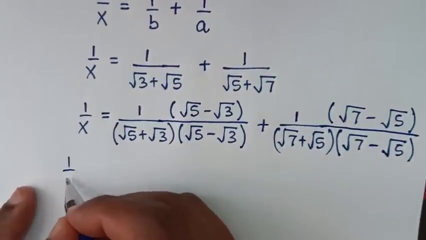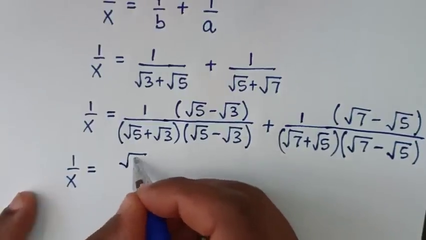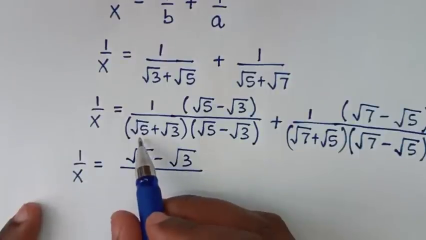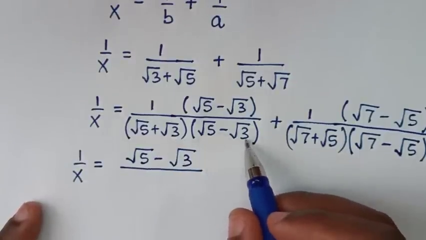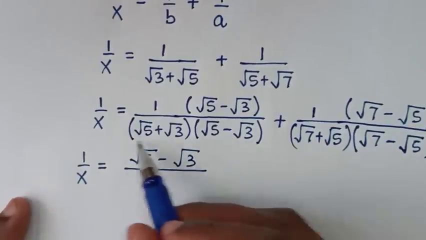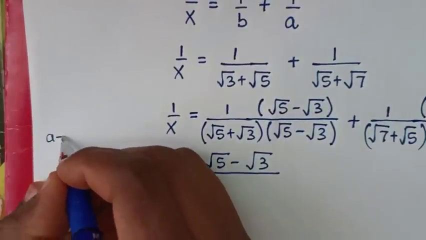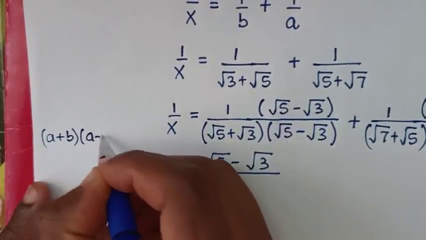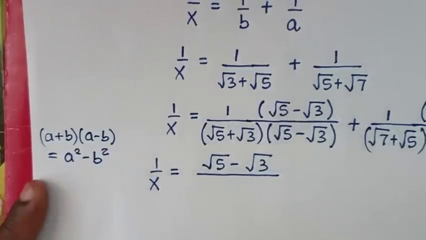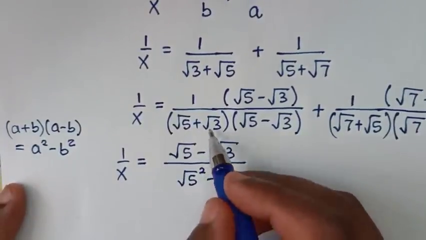Then it will be 1 over x is equal to, here this times this, it will be square root of 5 minus square root of 3, then over square root of 5 plus square root of 3 times square root of 5 minus square root of 3. This is in the form of a plus b bracket times a minus b bracket, whereas it is equal to a square minus b square. So here it will be square root of 5 square minus square root of 3 square,